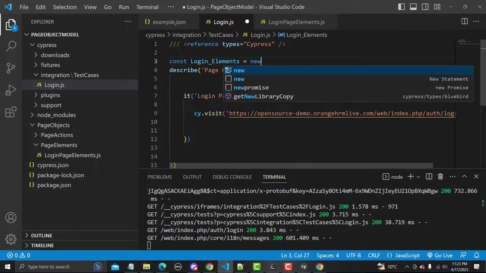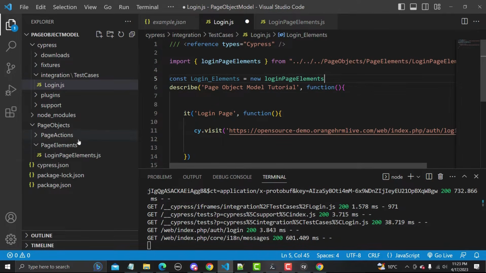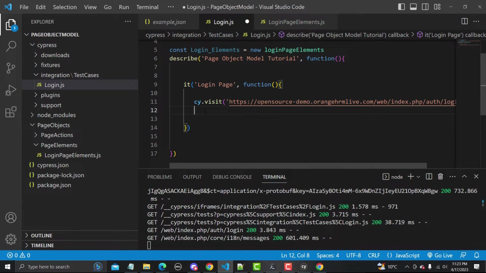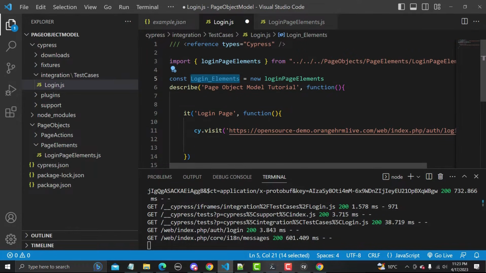So new login page elements, you see, and this is a file login page elements, and automatically it imported the file. We don't need to provide this import line. It automatically provided it just because of this reference types equals to Cypress. Once you are done with this, now we can call those methods here. So simply, in order to call these methods, we need to use this underscore elements.